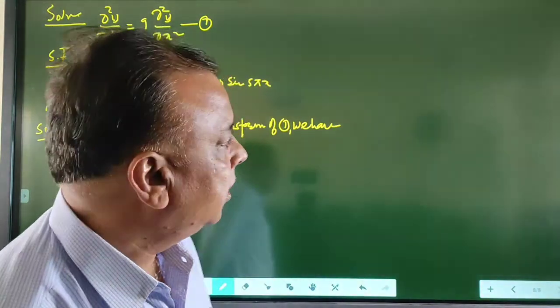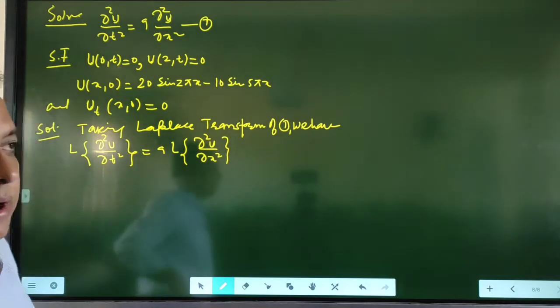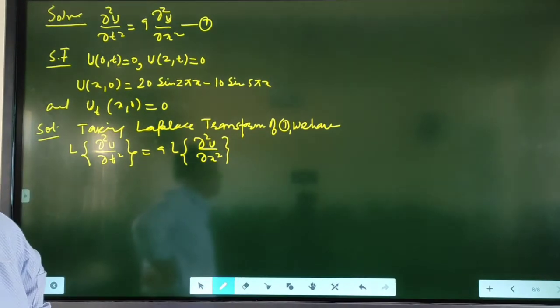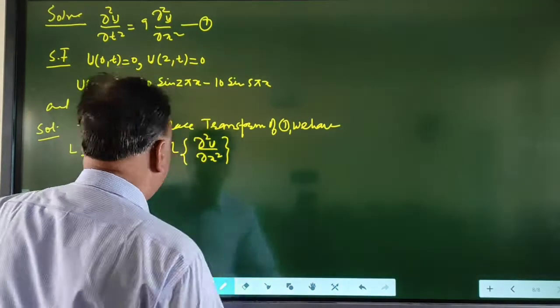Now, using the results of the Laplace transformation of the second order partial derivatives with respect to t, we get p square